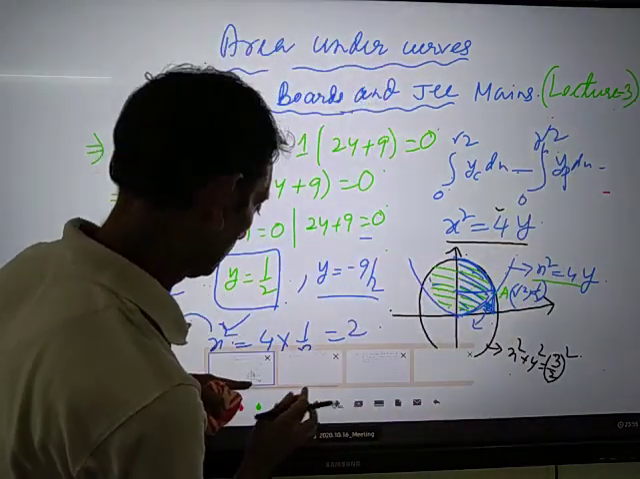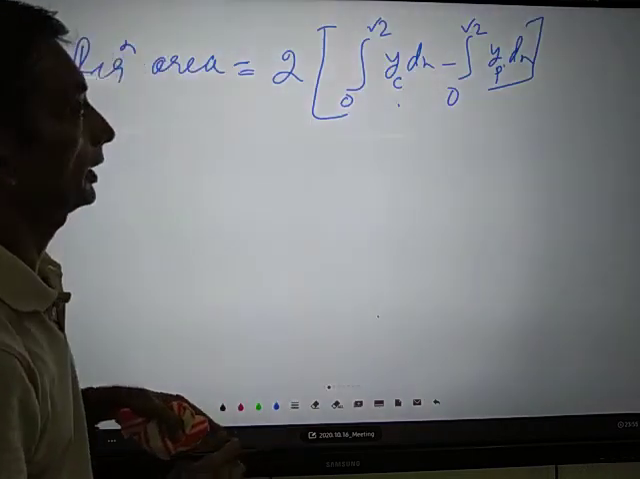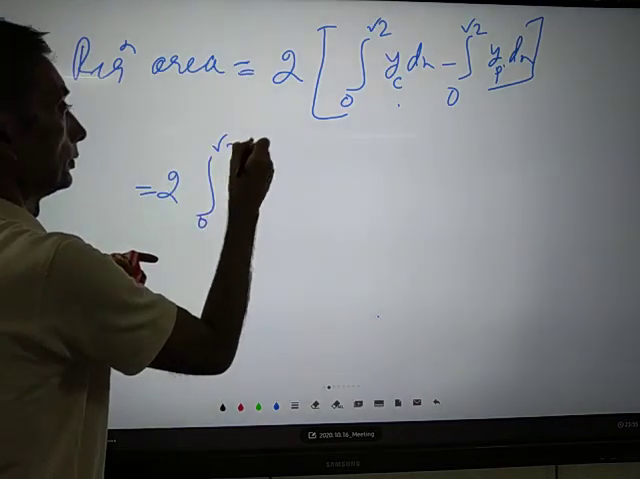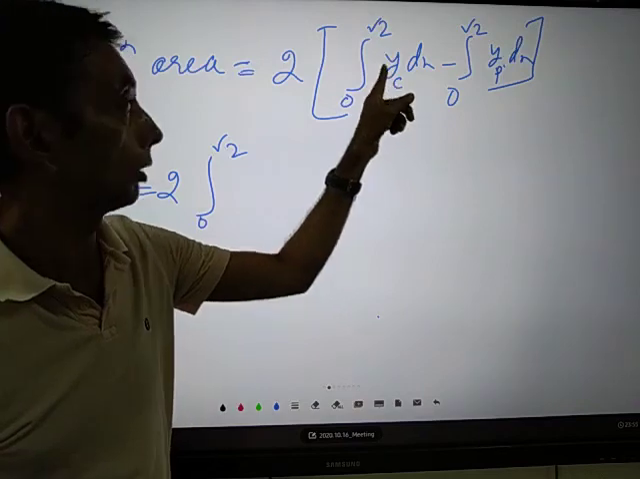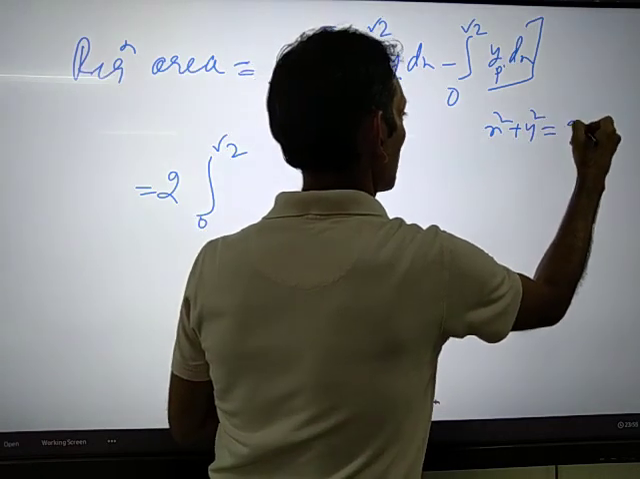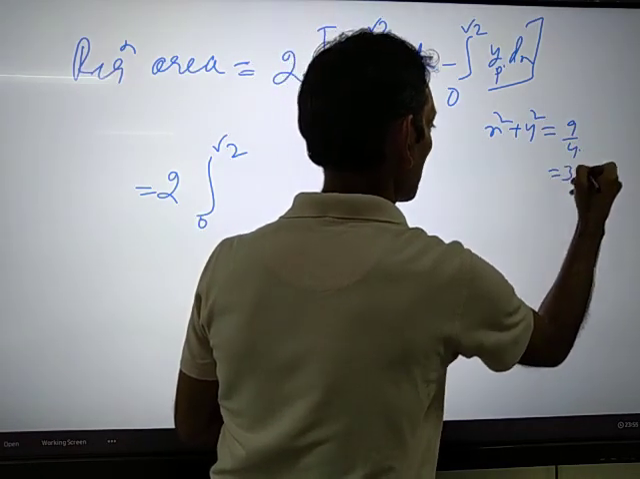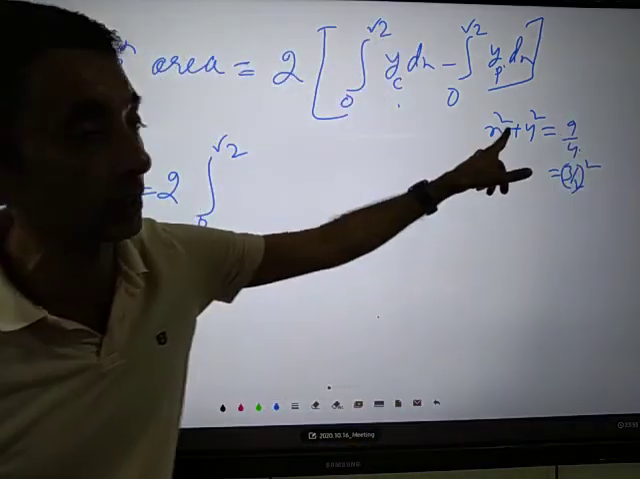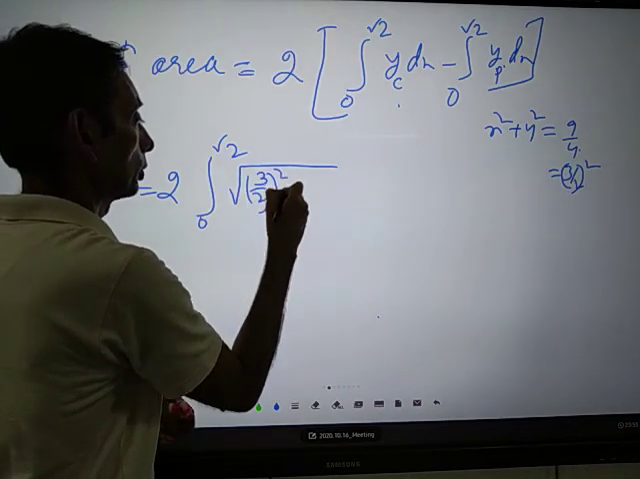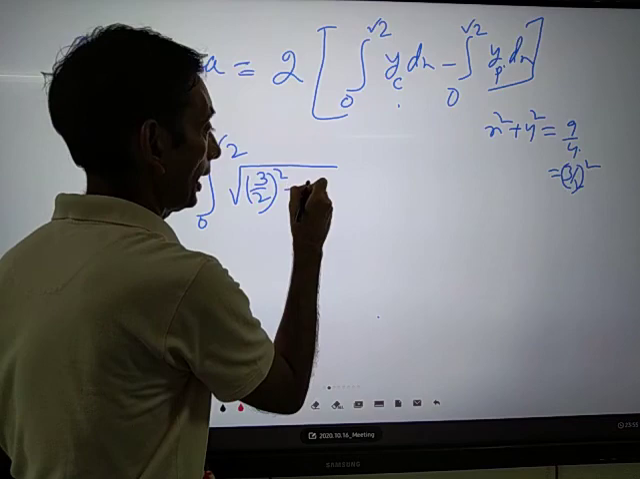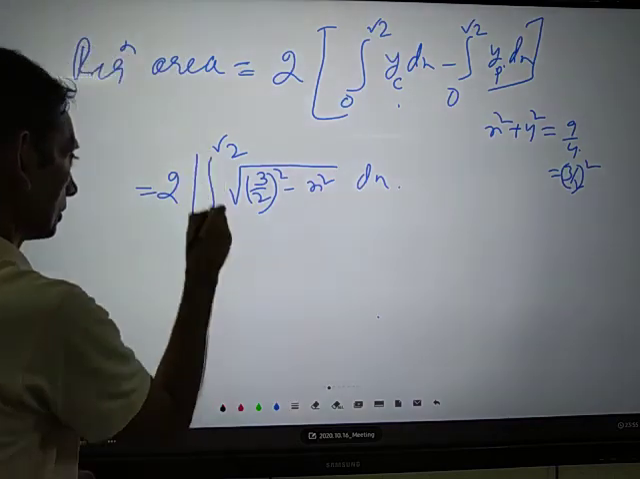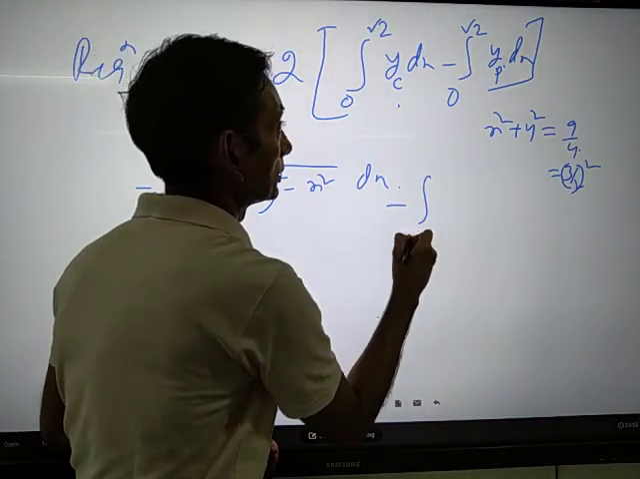Fine, y parabola dx. Now replace the values 0 to root 2. What is the equation of the circle? The equation of the circle is x square plus y square equal to 9 by 4, that is 3 by 2 whole square. So from this we can replace the value of y. Y will be the square root of 3 by 2 whole square minus x square, and dx. This will be multiplied by 2, minus 0 to root 2